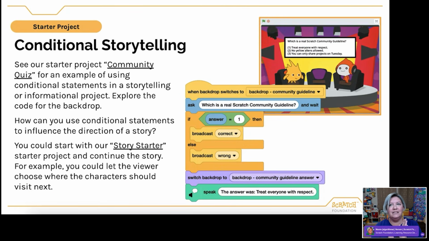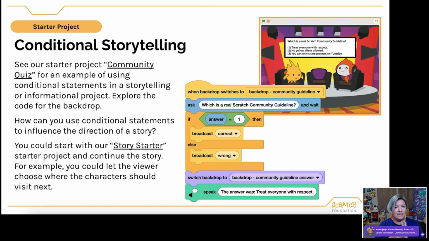I also love to think about this not just in the context of maybe clicker games or maze games or even quiz games, or, excuse me, even mathematical concepts, but the idea of storytelling. These can also be used in that context. And so, one of the starter projects we have is this community quiz.